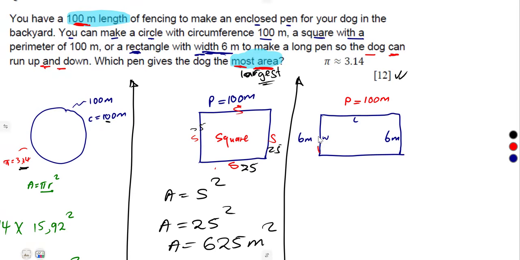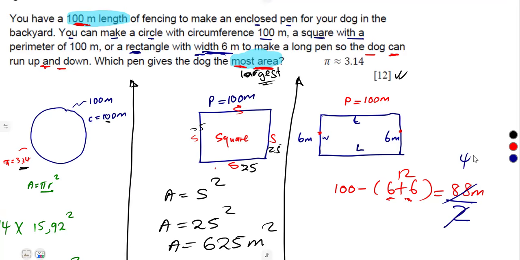Remember, it was made from a 100-meter fence. So out of the width, remember the width, there's a width this side, there's another width this side. So we're going to say 100 minus what? 6 plus 6. There are two widths. So that is going to be 12, 100 minus 12, which is what? 88. So the 88 meters is for the remaining two lengths. There is this length here, there is this length here. So we must divide it by 2. So it's going to give us 44 meters. So each length is 44. Here we've got 44 meters. Here we've got 44 meters. This is the length